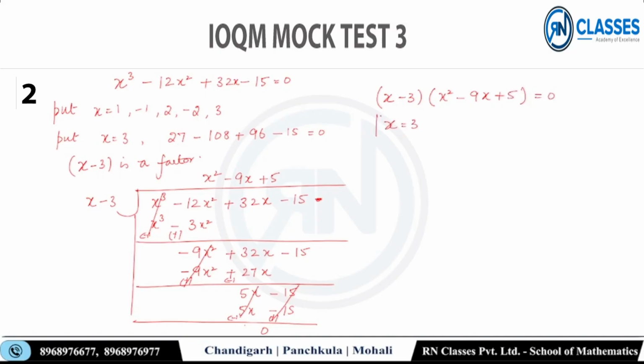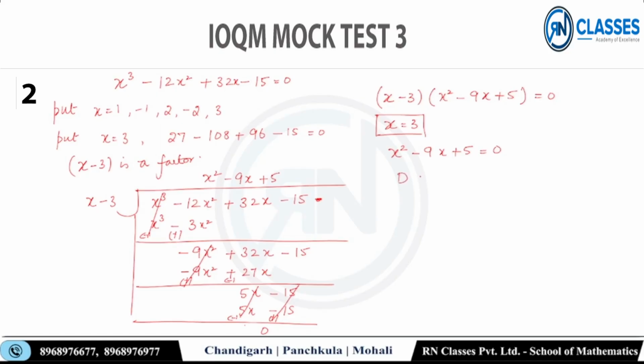आइदर फर्स्ट वन इज 0, x इज 3, मतलब कि मेरे को x की एक वैल्यू मिल चुकी है 3, अभी चेक कर लेंगे उसको। दूसरी वैल्यू आ रही है x² - 9x + 5 इक्वल टू 0। मेरे ख्याल से बिल्कुल सिंपल क्वेश्चन है, आपका स्प्लिटिंग तो हो नहीं रही, या तो कंप्लीटिंग द स्क्वायर लगाओ या फिर क्वाड्रेटिक फॉर्मूला लगाओ।